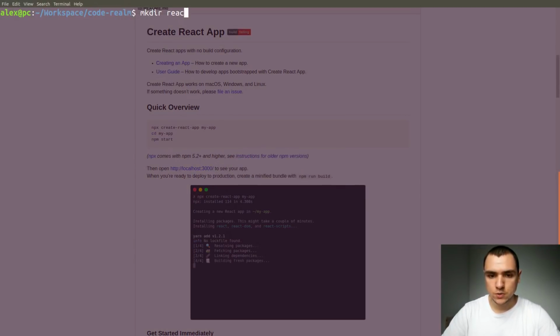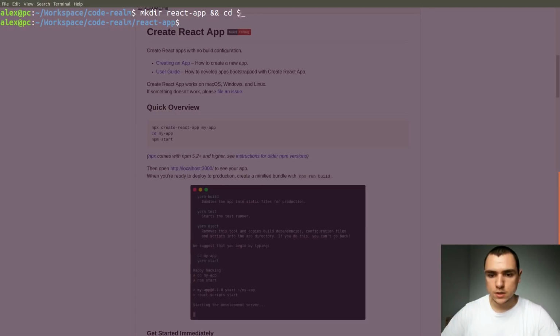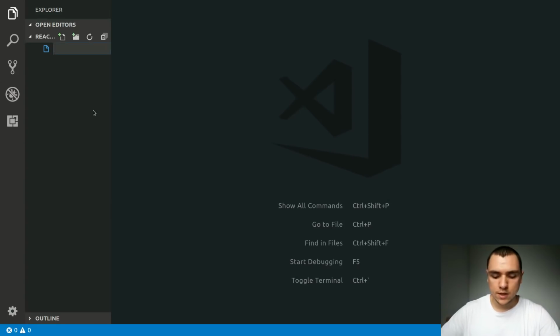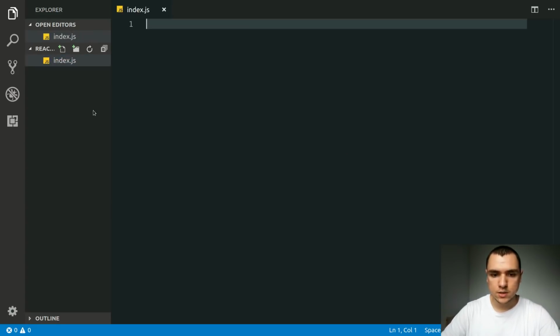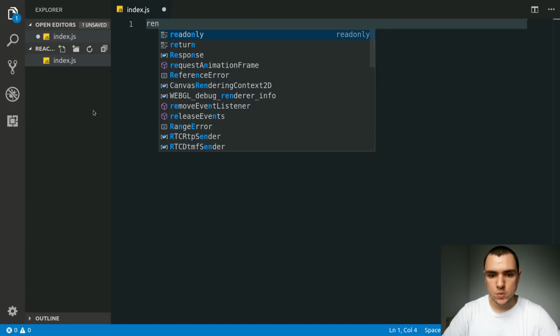I'm going to create a new directory for a project. I'm going to call it React App. And I'm going to switch to that directory afterwards. In this case, the $_ syntax refers to React App. I'm going to open the project in Visual Studio Code. I'm going to create an entry file. We'll call it index.js. What we want to do in the end in this file is